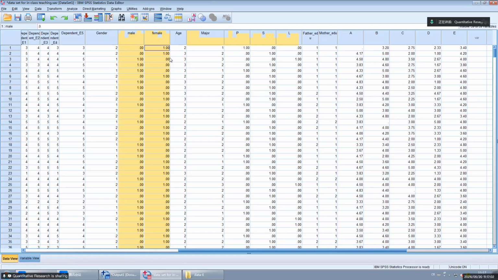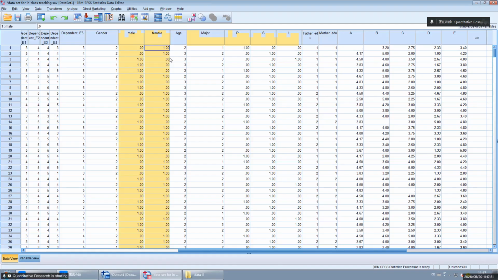For example, suppose I use male as the reference. So male will not be used in the regression model. Instead, female will be used.